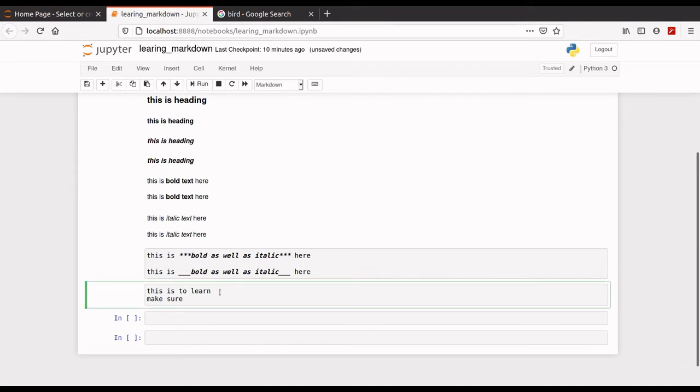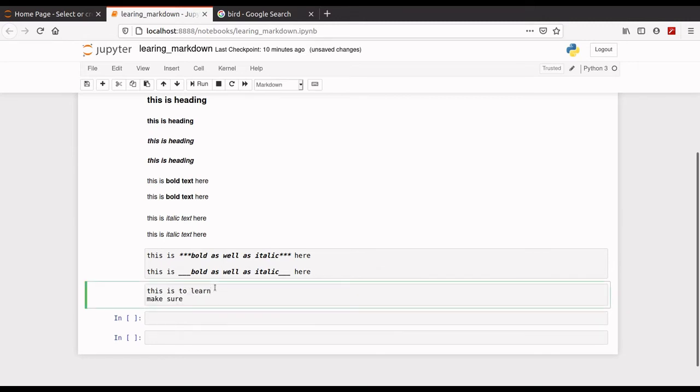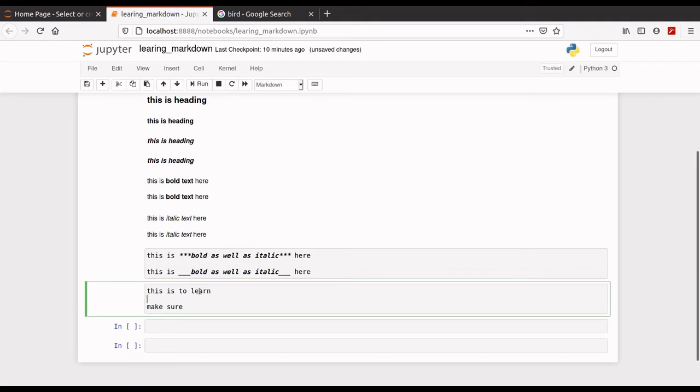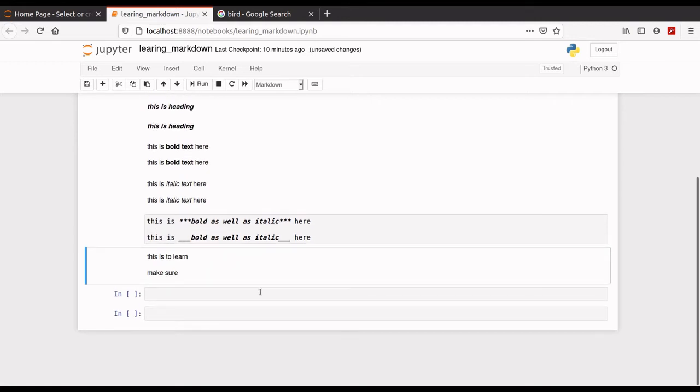So let's run it. Look, it is in the same line. If you want to separate it, then just give at least one blank line, or you can give more than one. Now look, it is separate. Now the paragraph you can use by breaking the line.